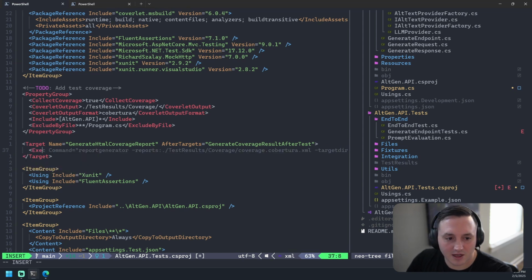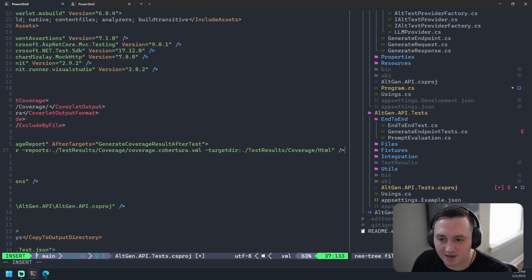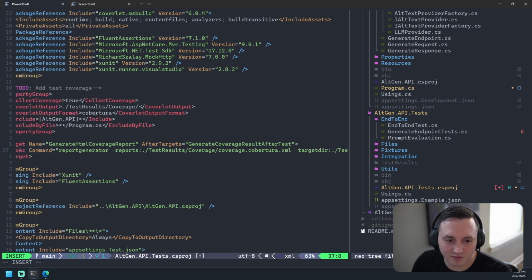And then we are going to add an exe, which is going to have a command. And I think Copilot has that almost right. Yes, so test results. So this is where we're basically telling the report generator, which is that binary global tool we have installed, where it can find our coverage reports, which it can find in our